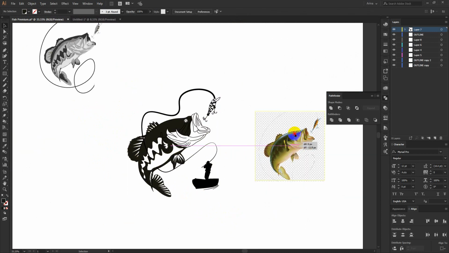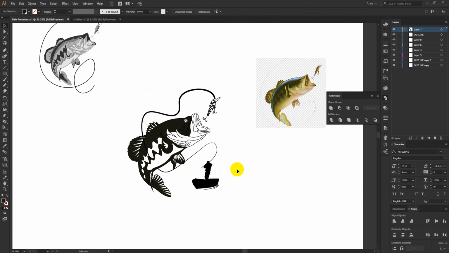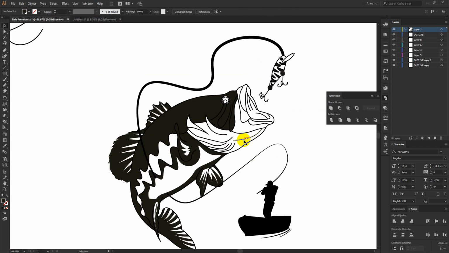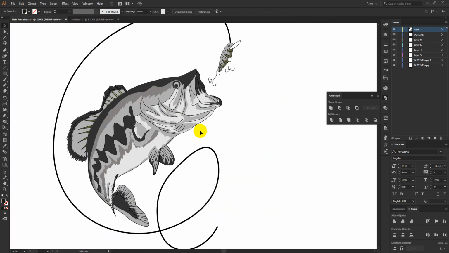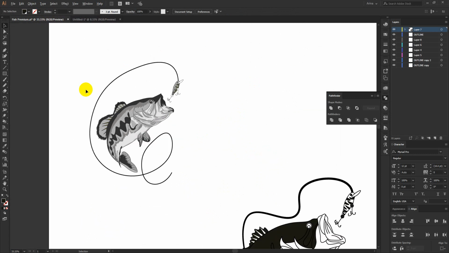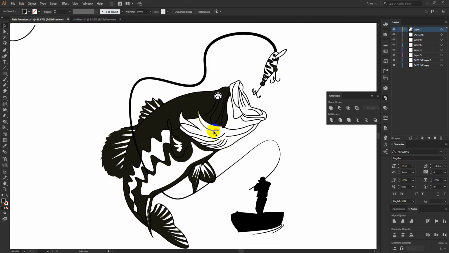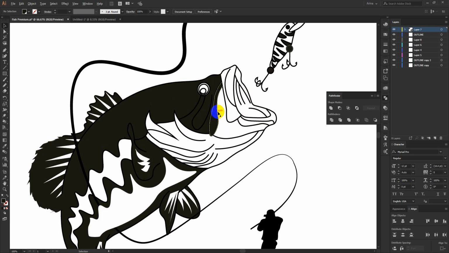I took an image as a reference and another one to make a complete design here, like a man fishing, and I am just going to make a quick design for this. As you can see, this is a complete vector file, and for this detailed version, I kept the strokes as small as possible, as I didn't want them to be too visible. But for this one, when I am using black and white color, I kept them a bit bigger, so that these details could be visible.